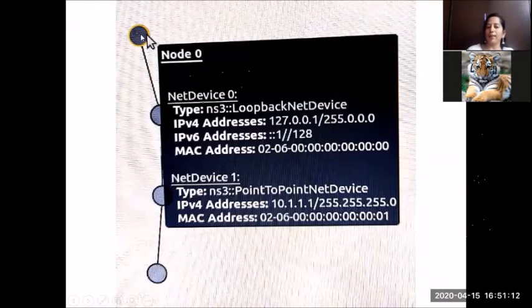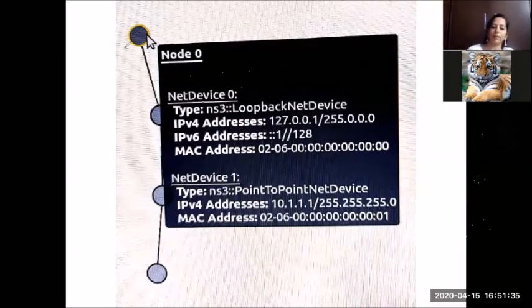When I keep my pointer here, it shows net device 1. What type of net device? It's a point-to-point net device. So I'm putting a point-to-point network interface card, and look at the IP address assigned to that card, 10.1.1.1. So this interface at this end will get the address 10.1.1.1.